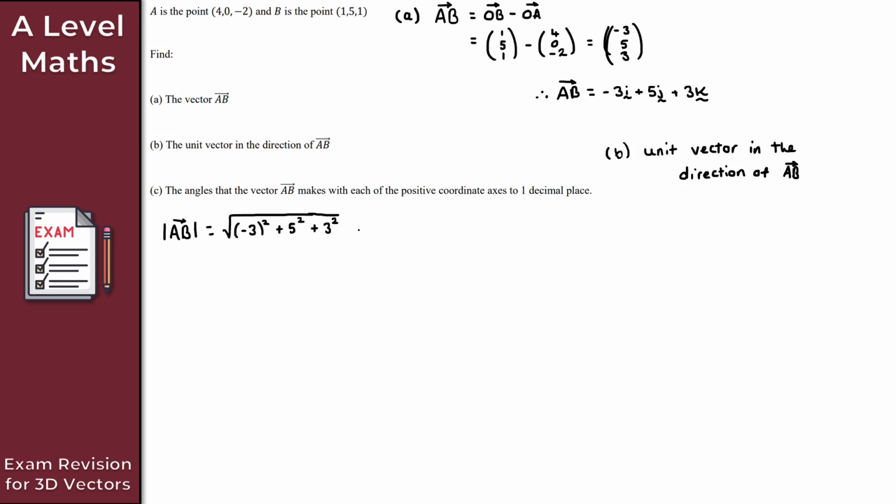Okay. So if we evaluate this here, then what do we get? So I've got 9 plus 9, so that's 18. Plus 25, so that gives me 43 there. So I've got 9 plus 25 plus 9, which, as we've just mentioned, right, is the square root of 43. So root 43 there, like so. And now for the unit vector then, in the direction of this vector here, AB, it would simply be this vector here, the vector AB, divided by the magnitude. Okay, so therefore,